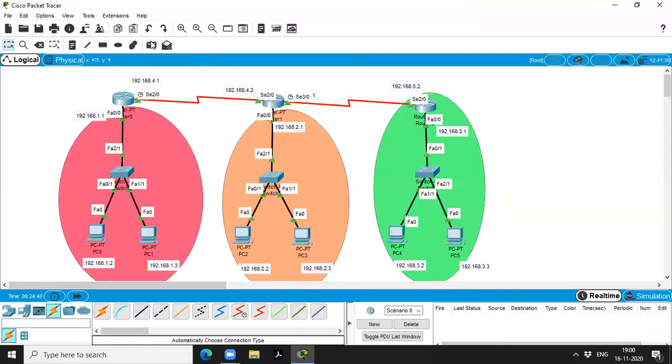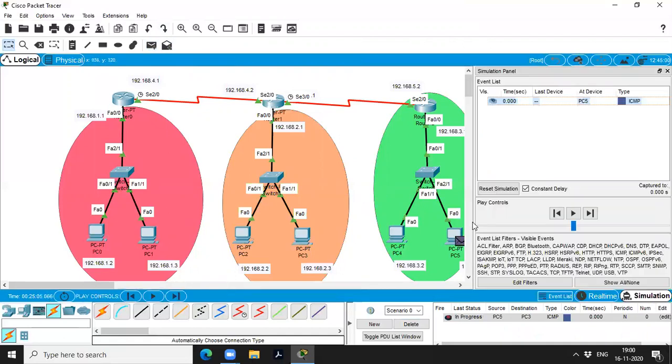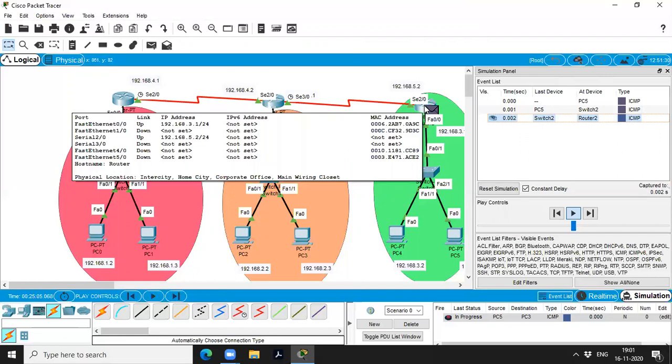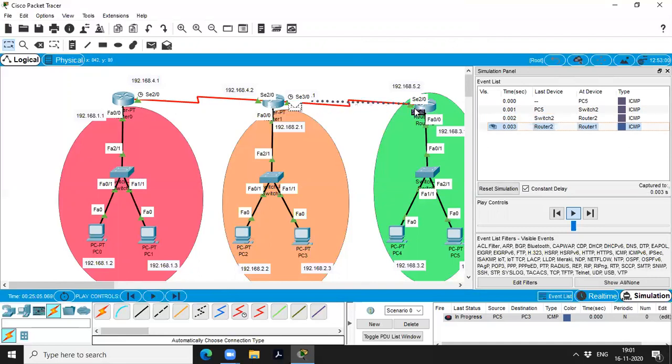If you see in simulation mode, the packet is transferred to these switches, from switches directly to this router. From here it passes to a switch, and from this switch it reaches its destination.